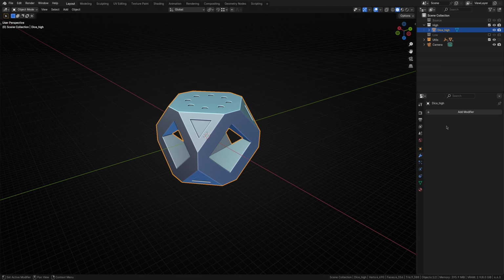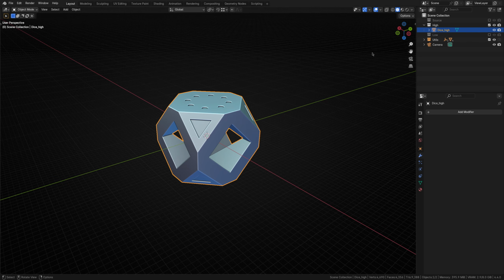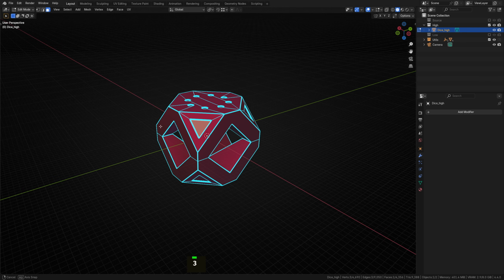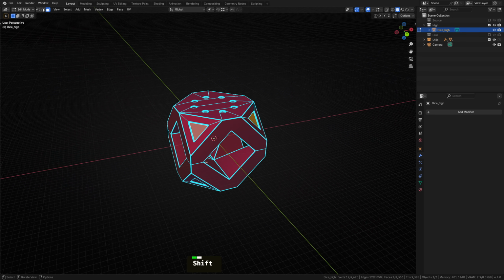Next, if I plan to texture my object in one specific region selectable via a material ID, I'll apply a global material from the material selection menu and ND's packaging menu. I can then jump into edit mode, select further details in isolation, and apply a different material ID. I would repeat this as many times as necessary.